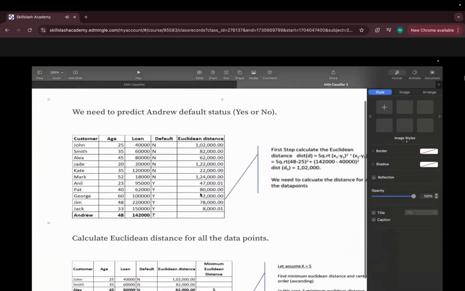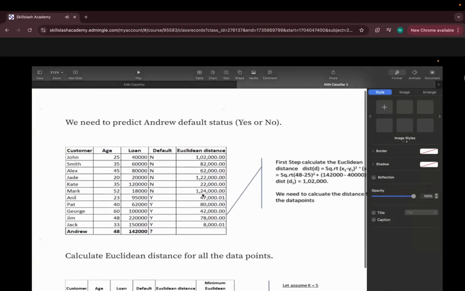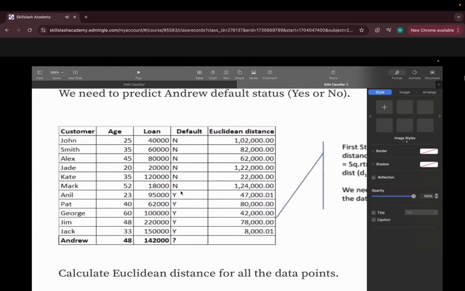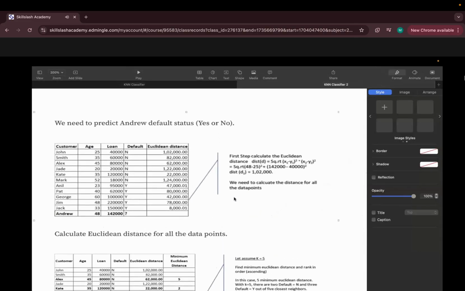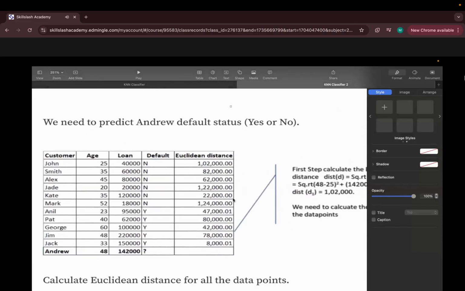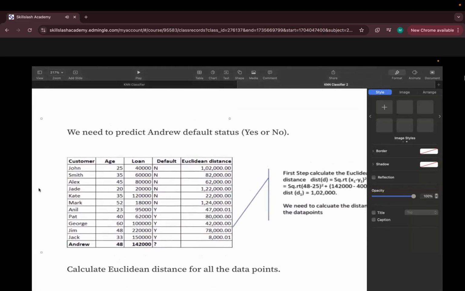So here you can see we need to predict Andrew's default loan status. It's not getting resized properly.